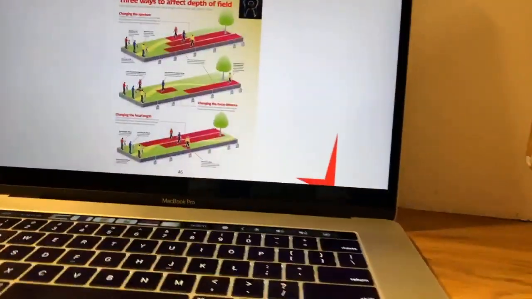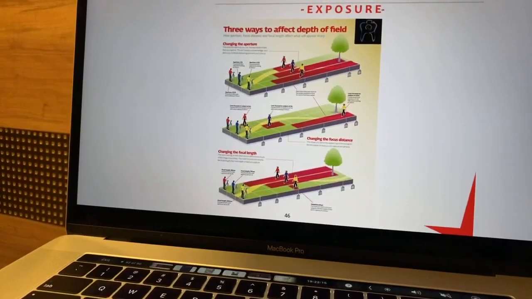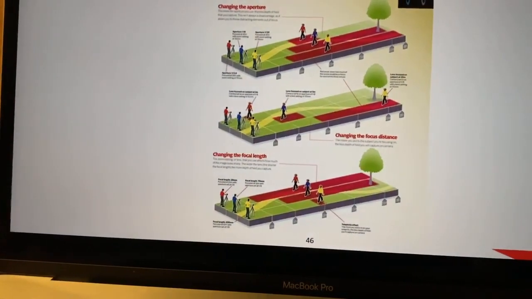Do you remember that slide, or do you want me to show it to you again? Let me show it to you again. Yeah, that's the slide that I'm talking about. If you remember this slide, I had spent 5 minutes trying to explain it. Let us look at this slide again.